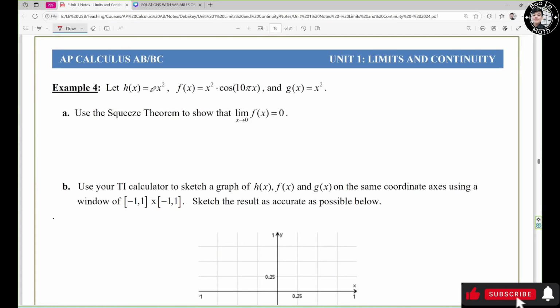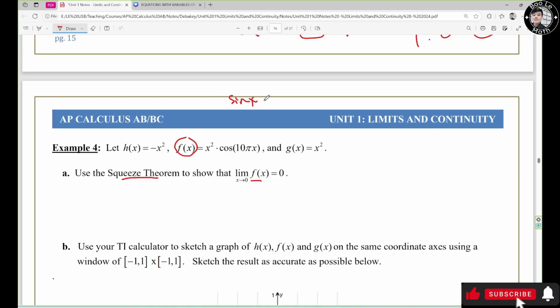Let h of s equals negative s squared, f of s equals s squared times cosine of 10 pi s, and g of s equals s squared. Use the Squeeze theorem to show that the limit of f of s equals 0 when s approaches 0, right? So we know that